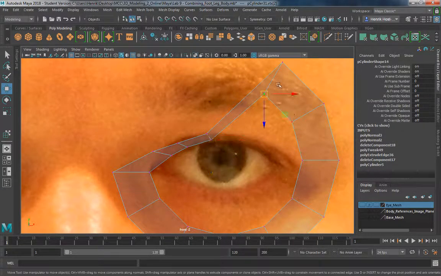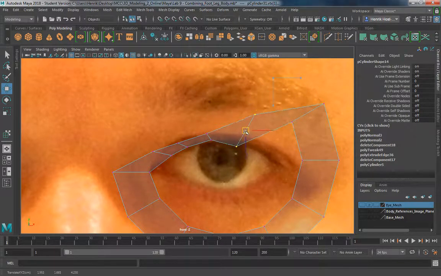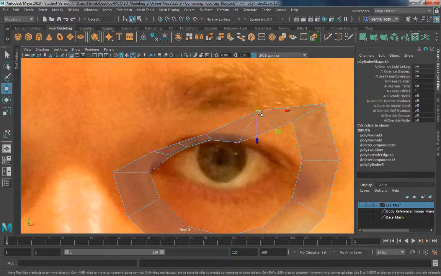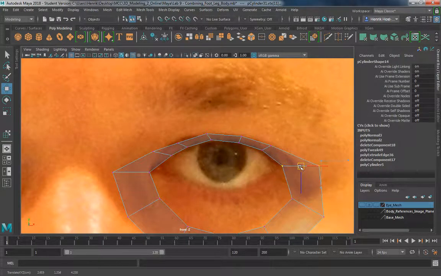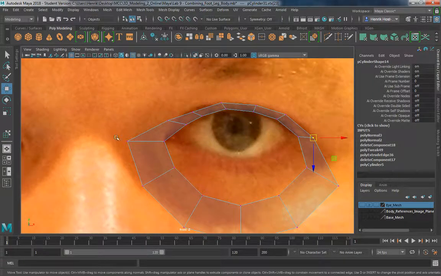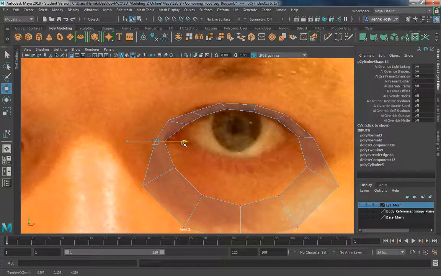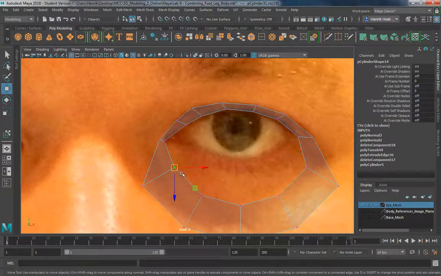And again, we're creating this at low topology, so don't worry too much about exactly lining it up with the reference. This is a really difficult model to do also. Faces are really difficult, especially when just learning. Okay, something like that. And now here,